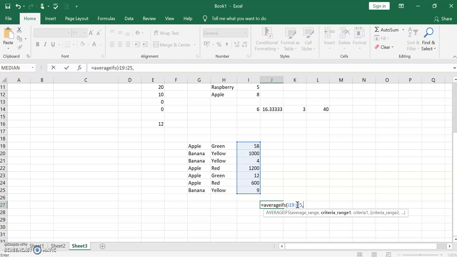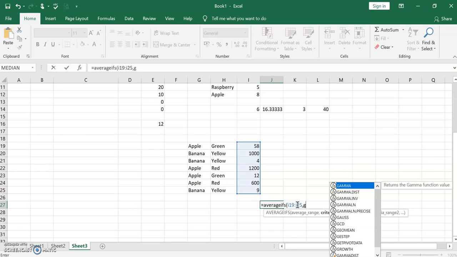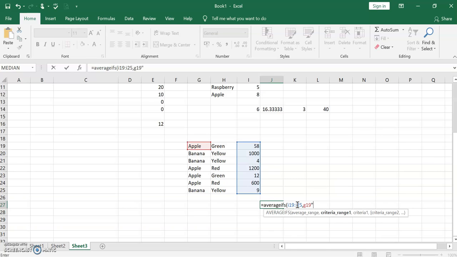My criteria range is G19 to G25. So this is my criteria, and I have to select.